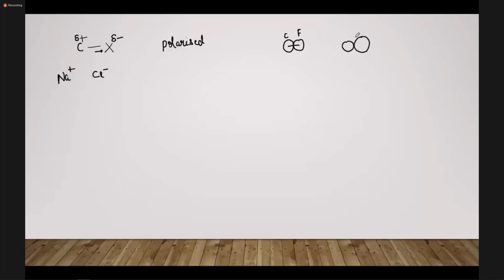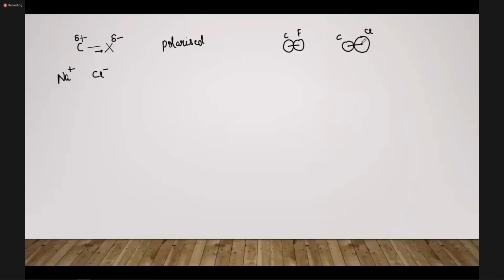Suppose this is carbon, this is chlorine. So chlorine is bigger than fluorine. You can check it from the periodic table that the size of chlorine is more. So you can clearly see that as the radius of the halogen atom increases, the distance between the centers of both the atoms, ये भी बढ़ जाएगा, and that results in the increase